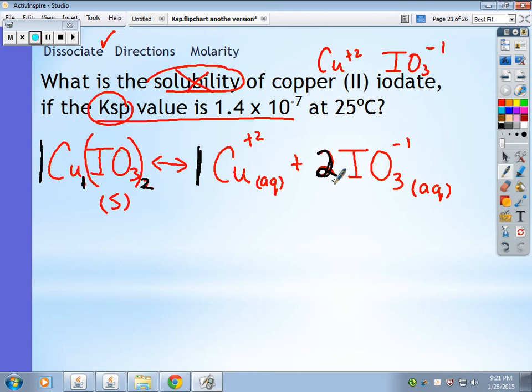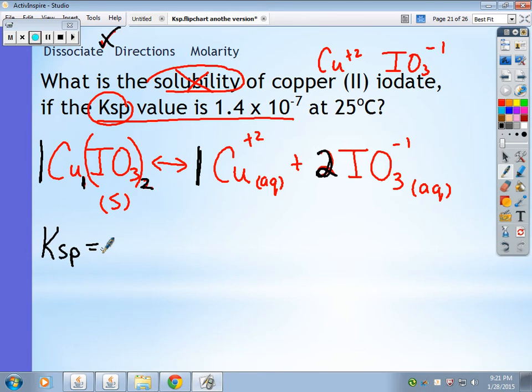So how have we satisfied our first set of things we need to do? Dissociate. We've satisfied our first requirement. Okay, it's dissociated. What's our second step? Write directions. This is a Ksp problem. So write Ksp equals,